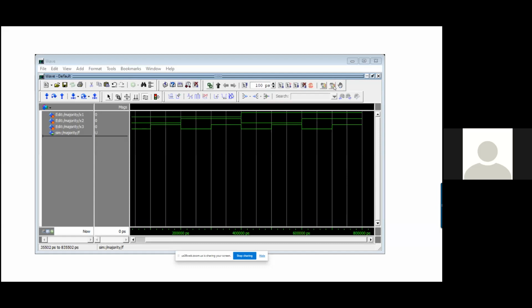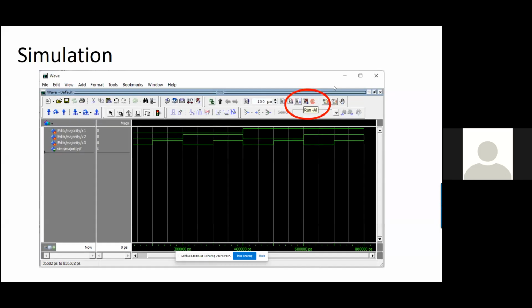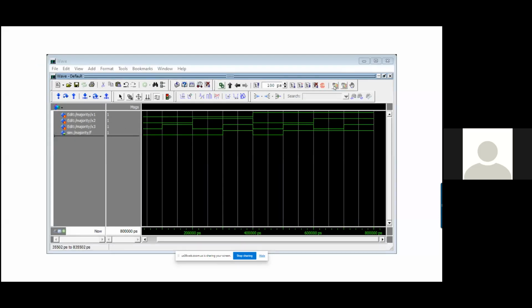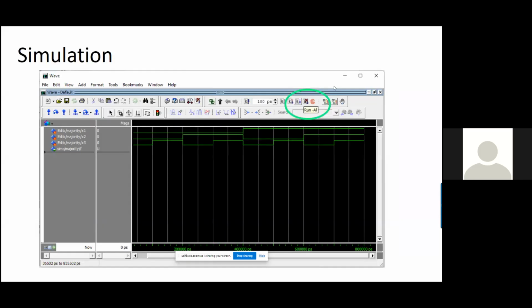This way you see that there is no signal for F, but when you press the run all button, you get the output. Earlier, you got nothing.